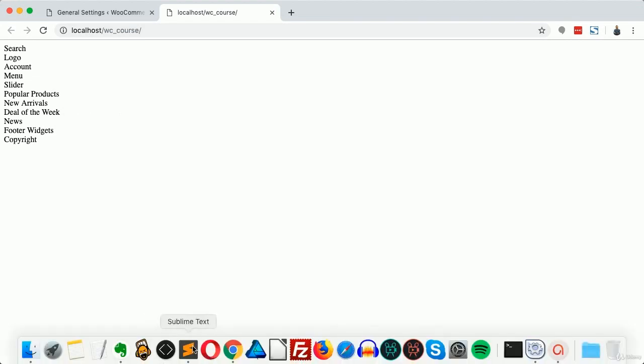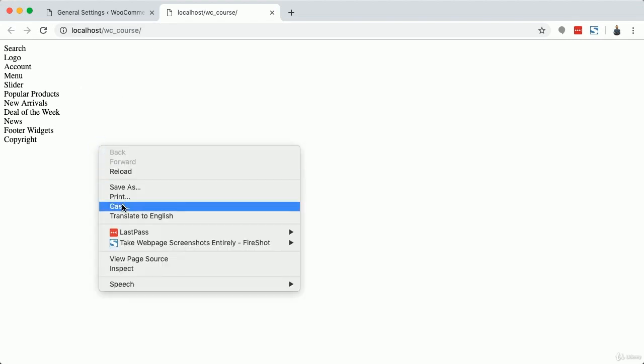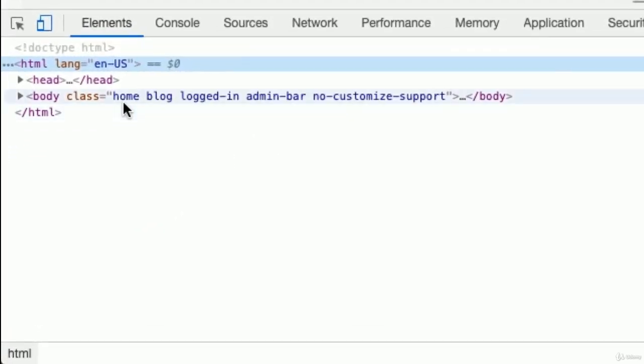Let's reload the home page. And there you have it. Now our theme is once again complete. Do you remember that body_class function? Let's see if it's finally working. Let's go ahead and inspect the page. And look at this. Class, home, and blog. So the home page of our theme has these two classes, and they are here thanks to the body_class